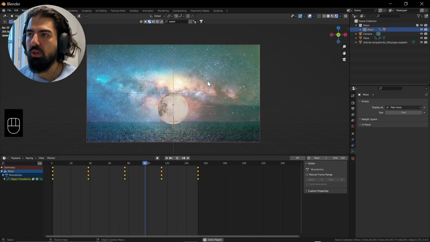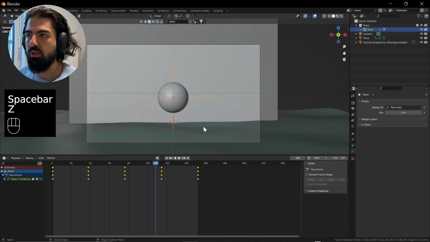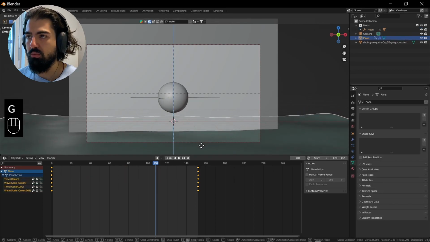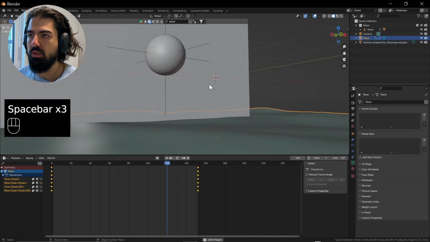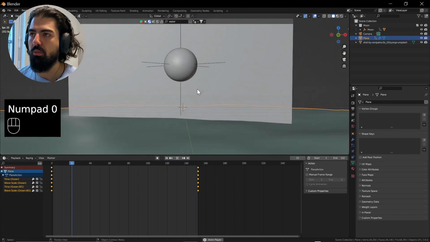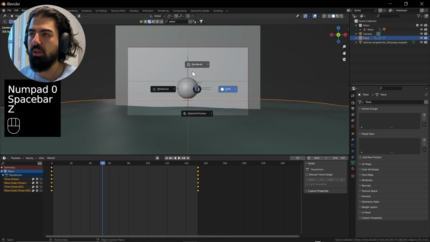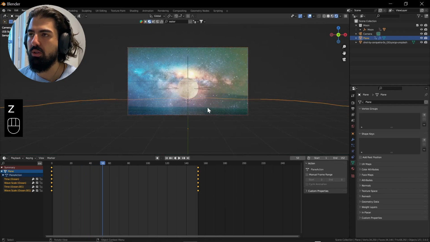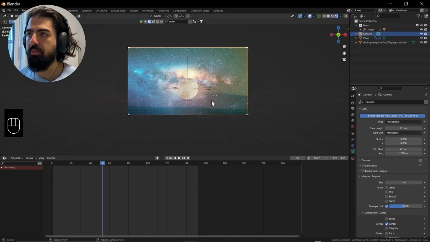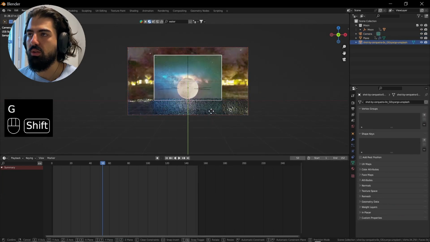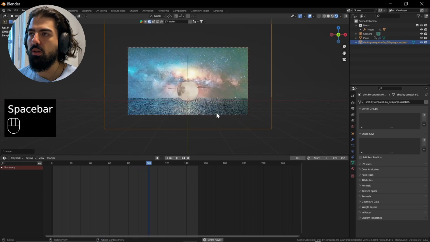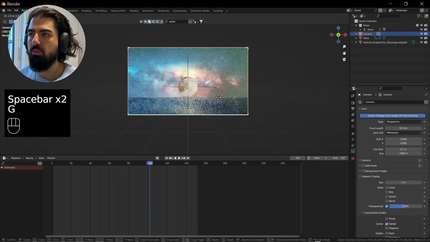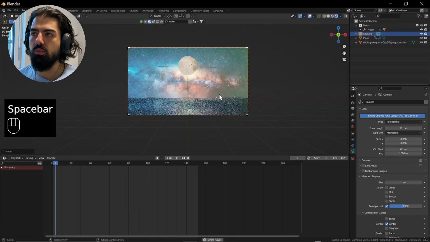So yeah, it's going up and down, it's touching the ocean. So I'm going to move the ocean more down. Where is it touching? Maybe the ocean is a little bit too calm, but with that you can play around to your liking. Do you want it more calm? Do you want it more aggressive? I'm going to move the background a little bit further back so we can actually see more of the ocean. Scale it up back there, and then you can also adjust the camera, maybe move a little bit back,